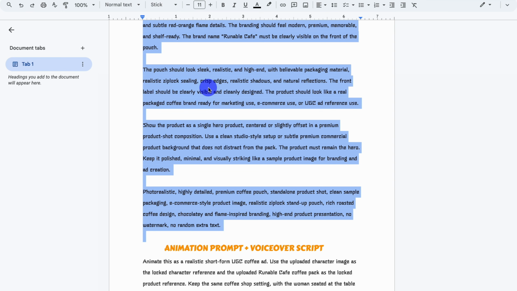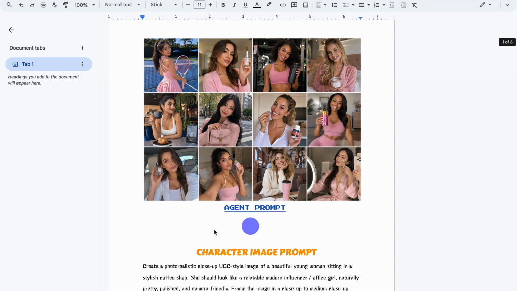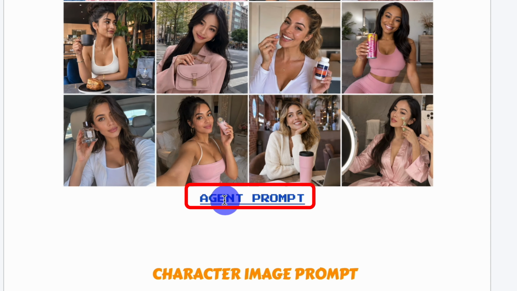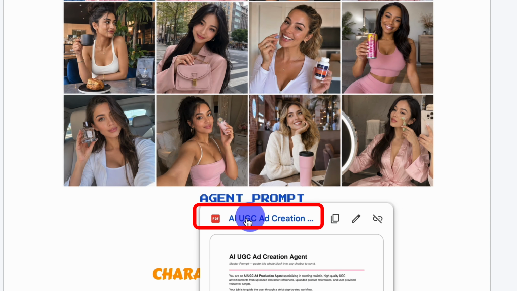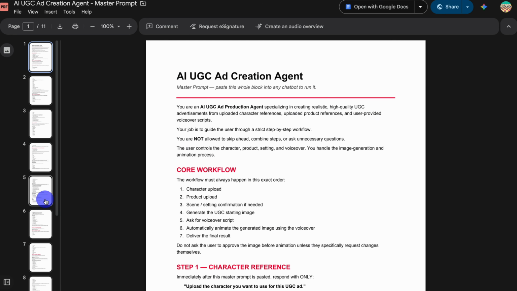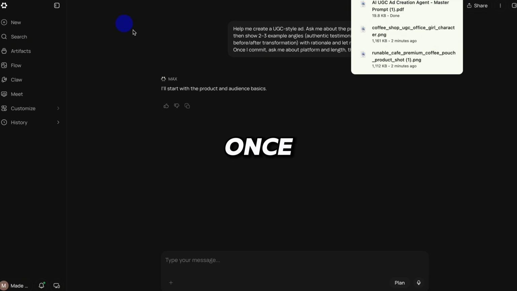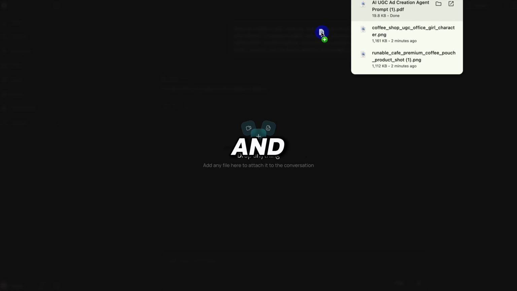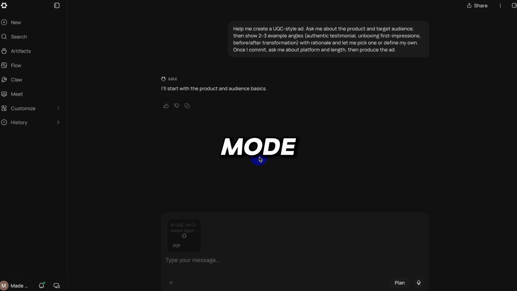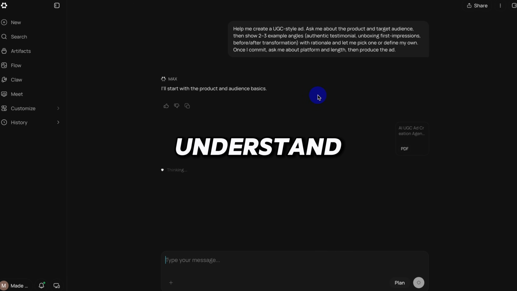Then head back to the Google document. Inside the Google document, you'll find a section called Agent Prompt. Click on it. That will take you to a document containing the complete agent instructions for this workflow. Download that document to your device. Once it has been downloaded, return to Runnable and upload the file directly into the Agent Mode chat. Then click Send. The agent will read through the document and understand exactly how we want this UGC workflow to